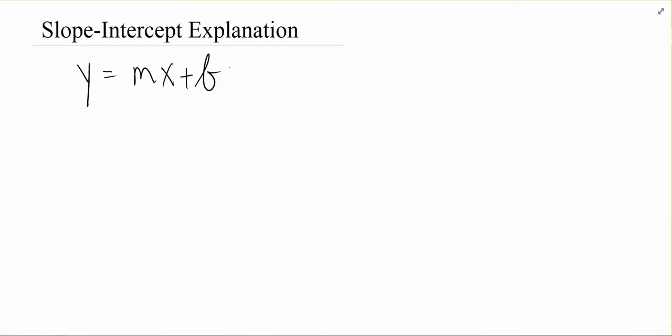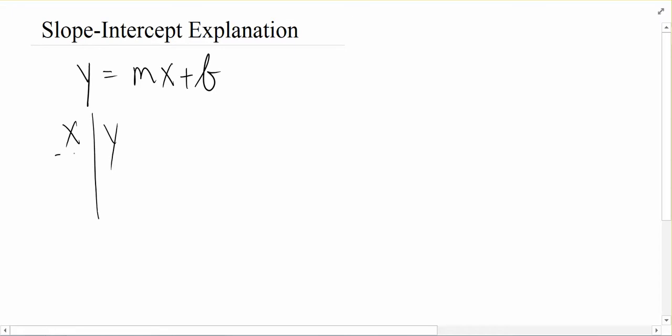Why is it that whatever the coefficient of x is, that's our slope, and whatever the number by itself is, that's our y-intercept? Well, the y-intercept part is super easy to explain because it gets back into when we were doing intercept earlier in this lesson. When we were looking at the y-intercept and saying, hey, the y-intercept is wherever the x value is 0, we can find the y value.